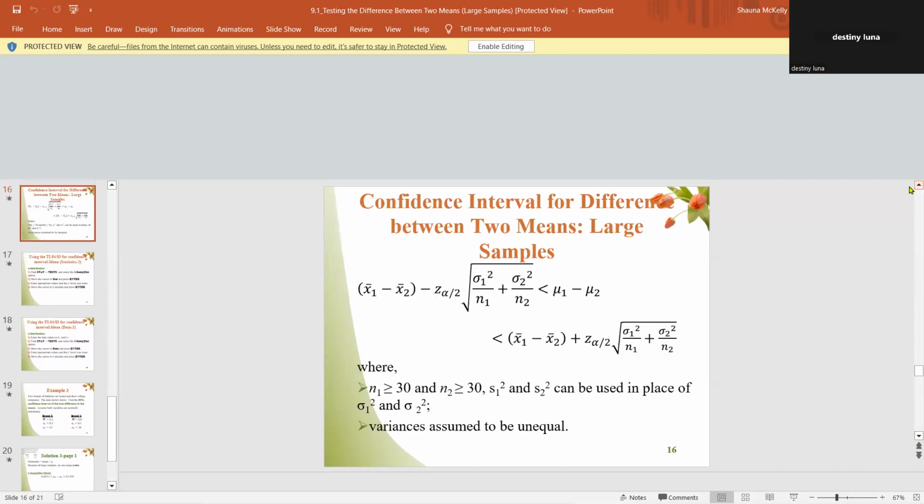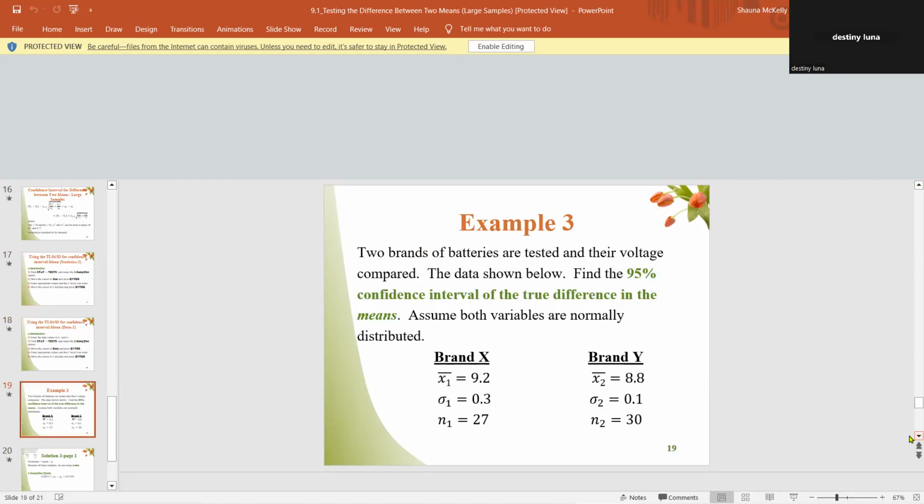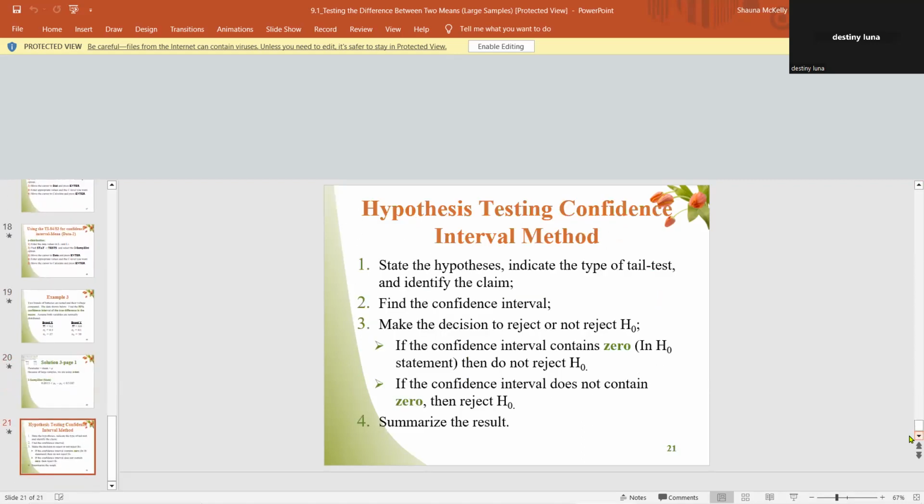So this starts on slide 17. And this bullet point is the one that you want to follow. If the confidence interval contains 0, which it doesn't. Remember, our interval did not contain 0. It went from 10 to 50 and some change. Right? Then do not reject H0 because it contains 0. Remember, our mean difference is 0. But in this case,